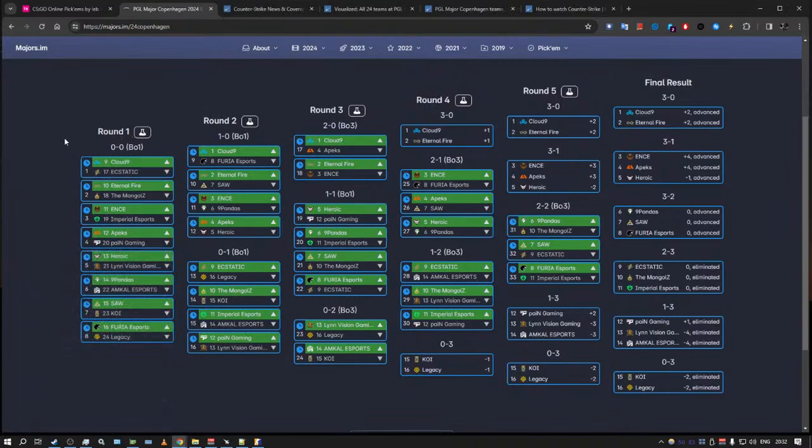This is what they will be playing on the first day. So Cloud9 plays Ecstatic. I don't think Cloud9 can lose it. I mean, if they can lose it, it's only to themselves, but they're way too strong of a team to lose to Ecstatic. But then we get Eternal Fire and the Mongols,